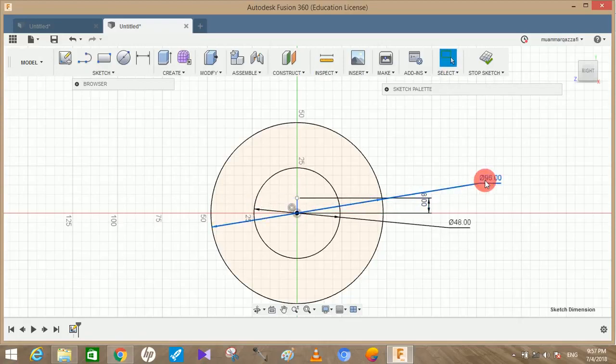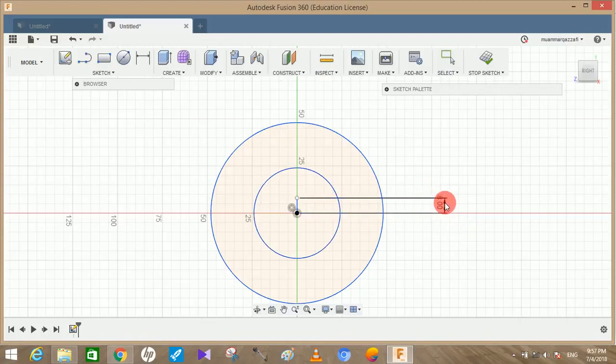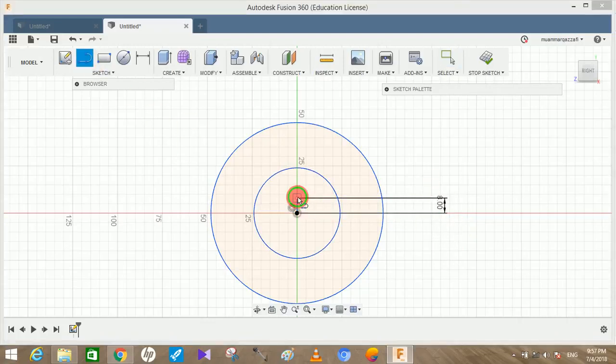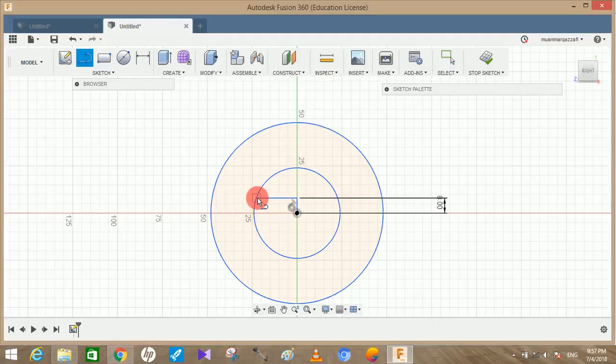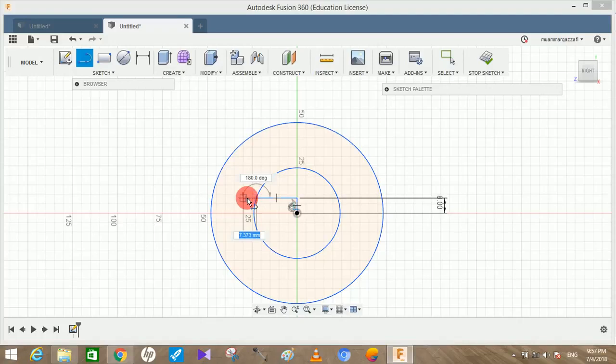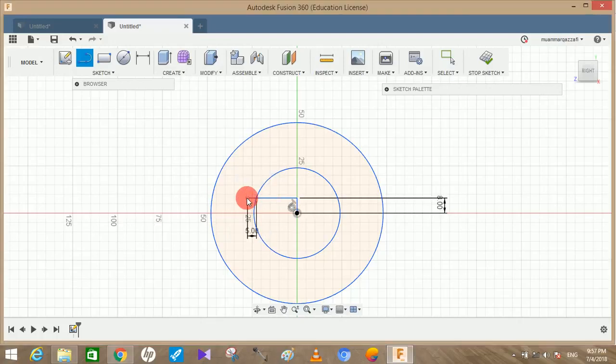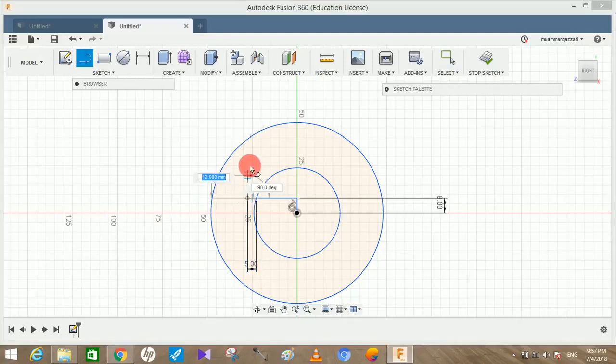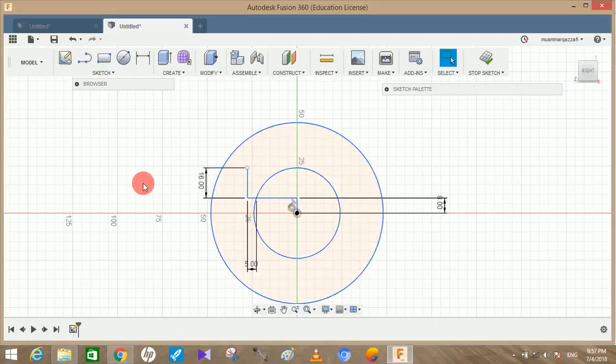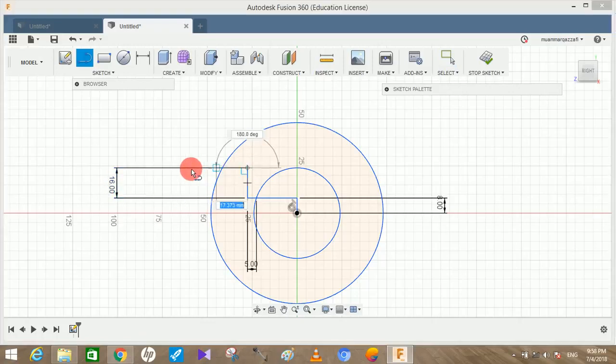So let me just delete these dimensions because it will be easier for you to see. So this is the 8 mm line. Now the next thing is just join this line to the inner circle. After joining this line, extend this line from this point 5 mm further. So this is the 5 mm line, and from here just draw a vertical line upward with a length of 16 mm. So this will be the 16 mm line, and then again draw a horizontal line